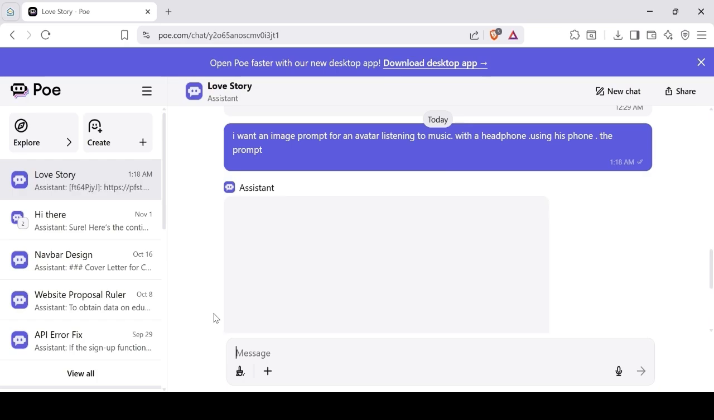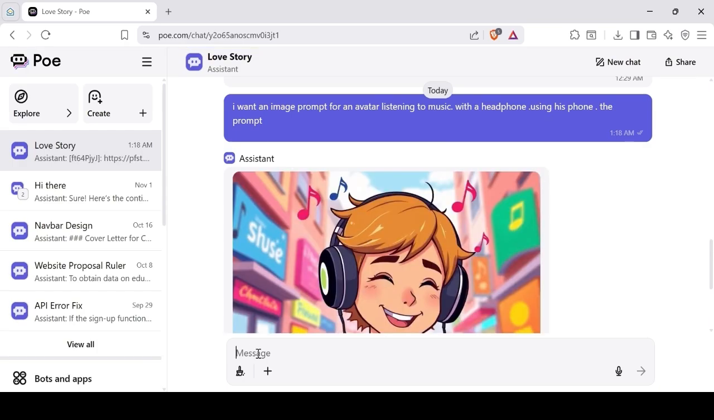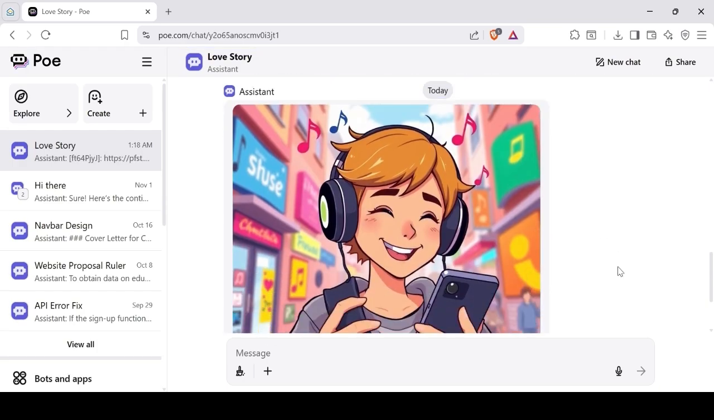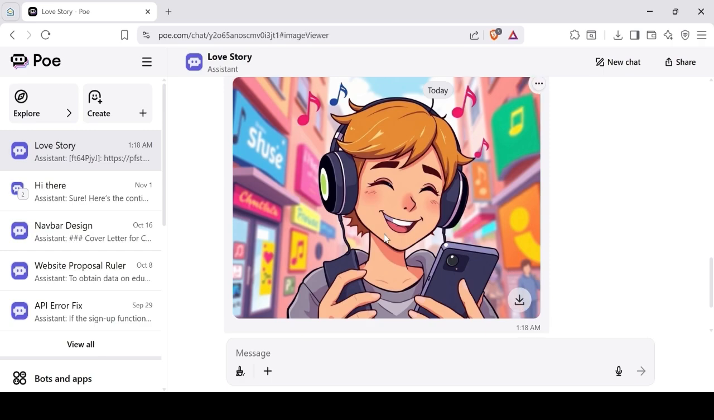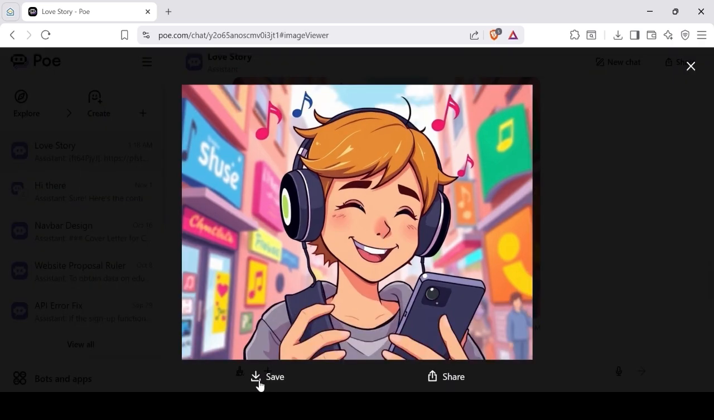Funny enough, I said I want the prompt, but then he took it upon himself to give me the image. So let's use the image it has given us. It's not a bad image though. So now let's go